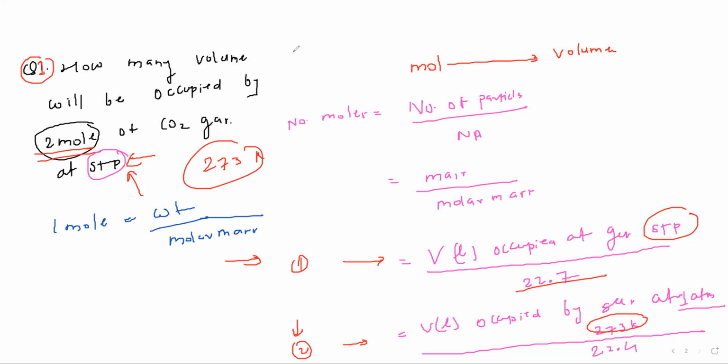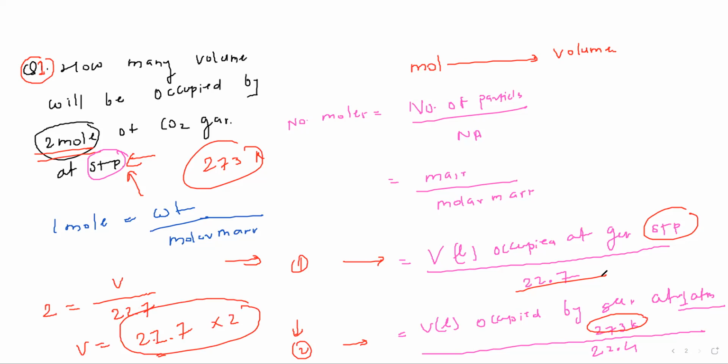Yes, have you got the answers? n is equal to 22 by 7, and you need a volume occupied, right? V. So obviously V is equal to what? 22.7 into 2. Correct? Yes or no? You have to do the same thing, right? Yes or no, students? Yes, 45.4. Yes, Ajay. Yes, Renu. Yes, Mahesh. Very good. Yes, very good.